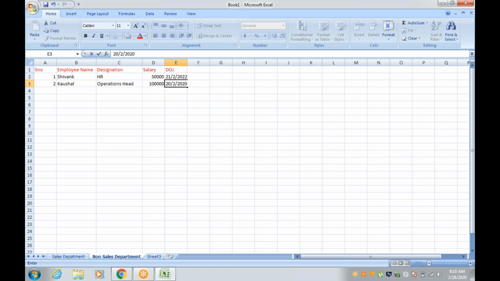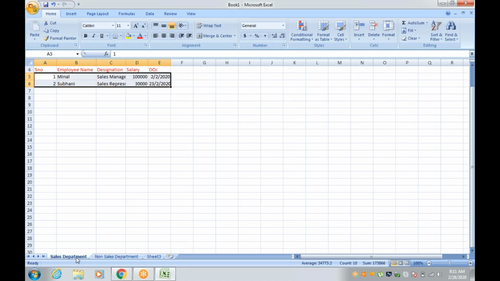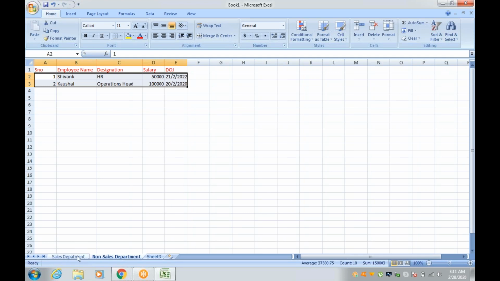Then 20. Okay. So this is how he is showing me his data, saying that I used to create records of employees who are joining my organization. As an HR, I used to save the data like this. I used to separate the data department wise. Before saving, once I open this Excel file,